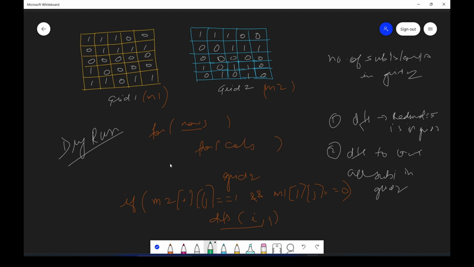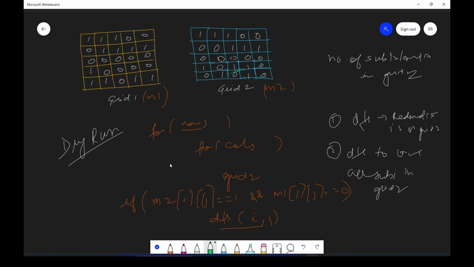Now we go to this one, this is 1 here, so we will not change anything. We go to this one. Now this one, see guys, very important, this one is 1 here but it's 0 in this matrix.